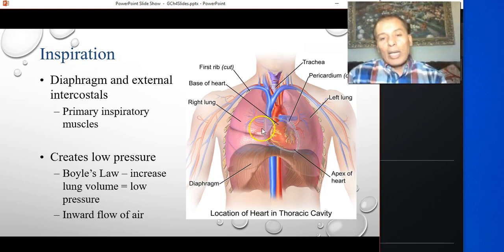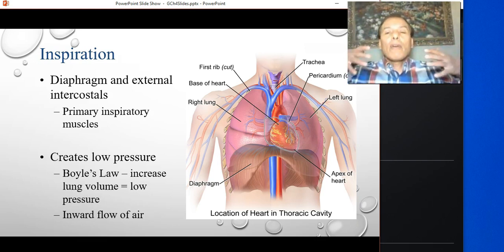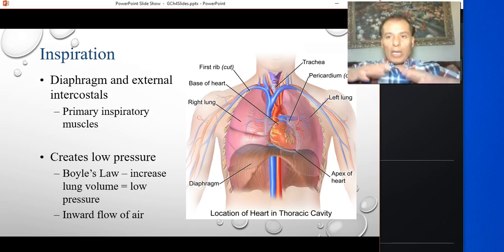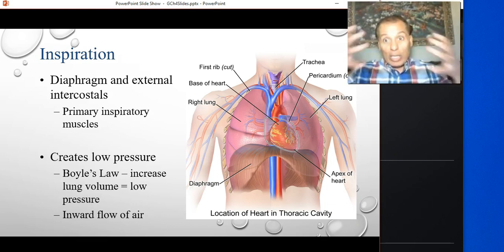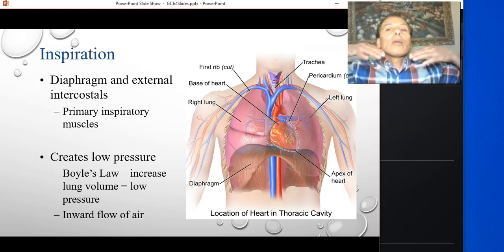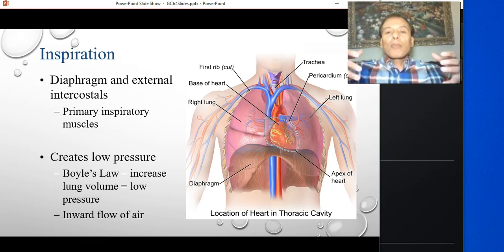So now, how this law relates to inhalation and exhalation. In inhalation, in order to inhale, we have to expand the thorax. We have to expand the volume of the lungs. When we elevate the thorax and bring the diaphragm down, we create a larger volume. What does that do? What is the next step? The larger volume means, because our lungs are an enclosed container, when we expand them, we create negative air pressure. It means that the air pressure is going to decrease.